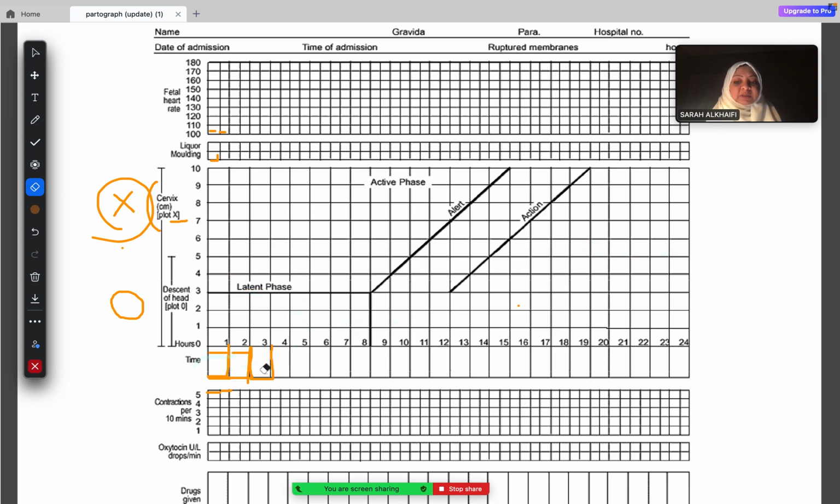So again, we have the latent phase here, we have the alert line here, and we have the action line here. And as you can see, once the latent phase passes here, the active phase starts here, which is 4 centimeters and more. Okay, so let's